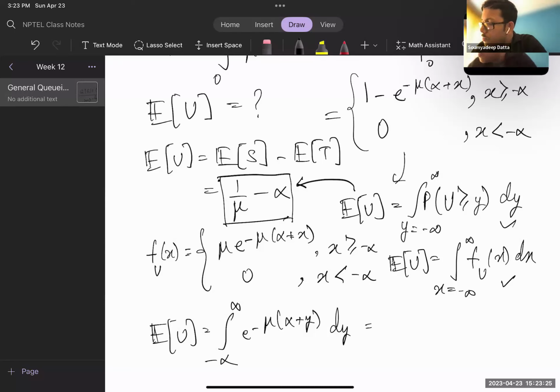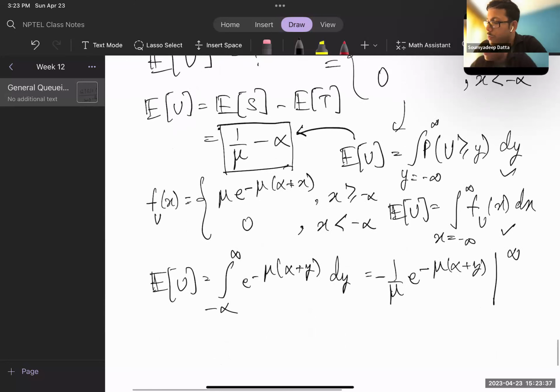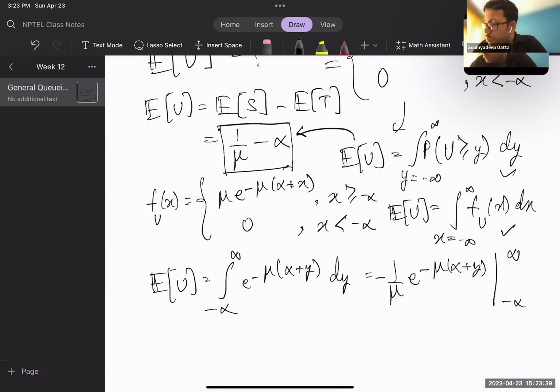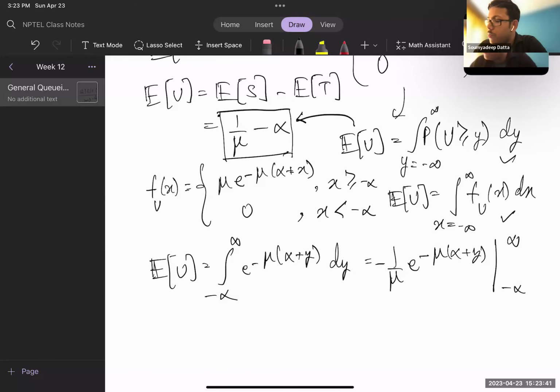So this will be 1 by mu minus 1 by mu times e to the power minus mu alpha plus y, and then the limits will be infinity and minus alpha. The upper limit will go to 0, because e to the power minus infinity is 0. Lower limit will come out to be 1 by mu times